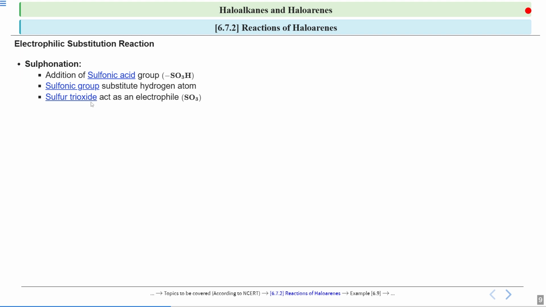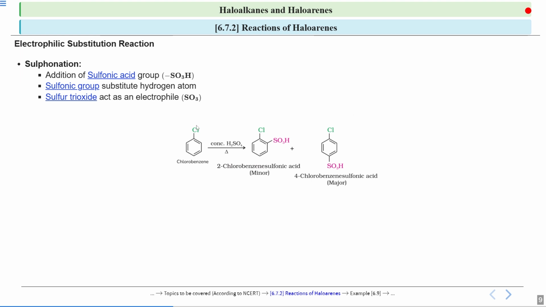Sulfur trioxide, that is SO3, acts as an electrophile here in this sulphonation reaction. So you have chlorobenzene in the presence of concentrated H2SO4 and heating. You get 2-chlorobenzene sulfonic acid and 4-chlorobenzene sulfonic acid, in which the 4-chlorobenzene sulfonic acid, the